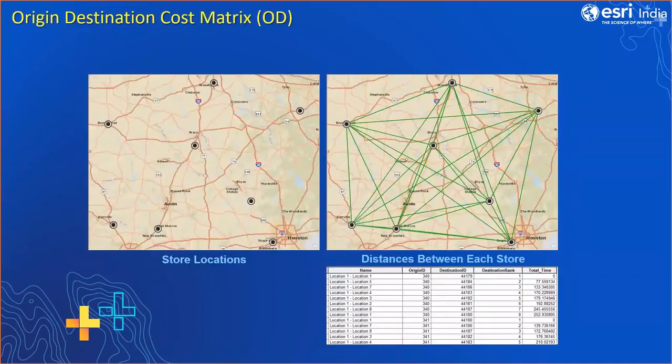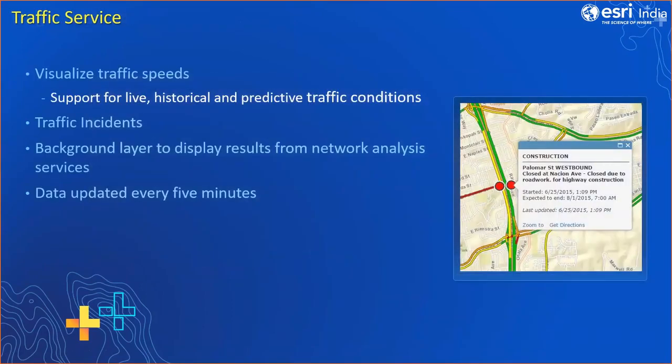And we can find the cost of trips from all the stops using the origin destination matrix. It will give you the total time taken from location 1 to 1, 1 to 7, and so on and so forth. Such an origin destination cost matrix helps you model your trips, and the output of this can be used in other analysis as well. As we said earlier, traffic service is very useful.